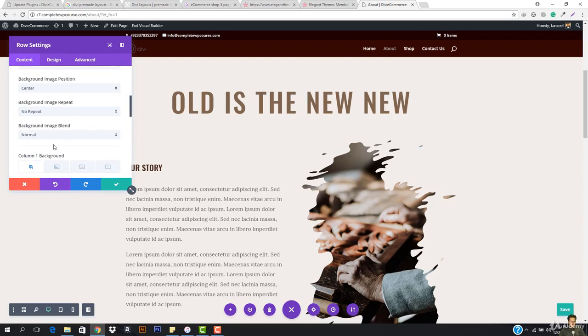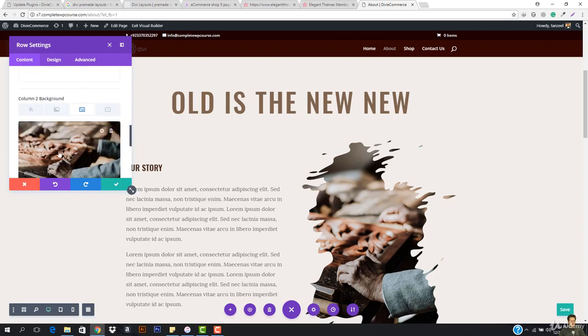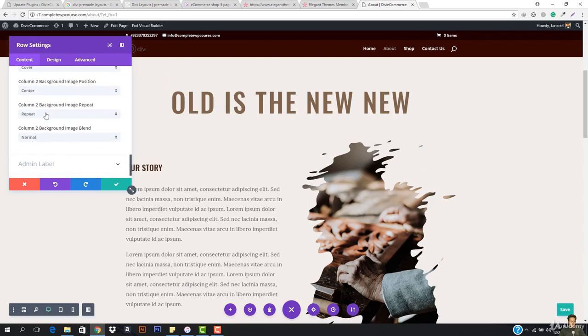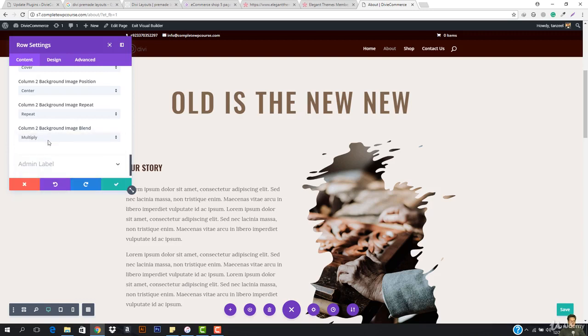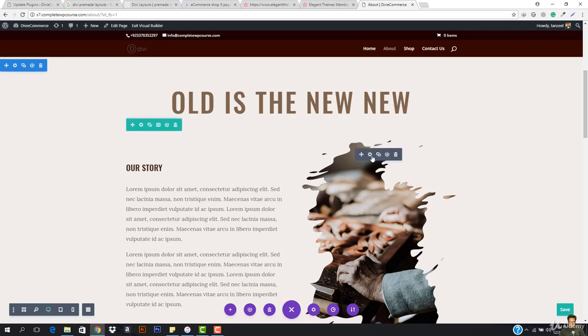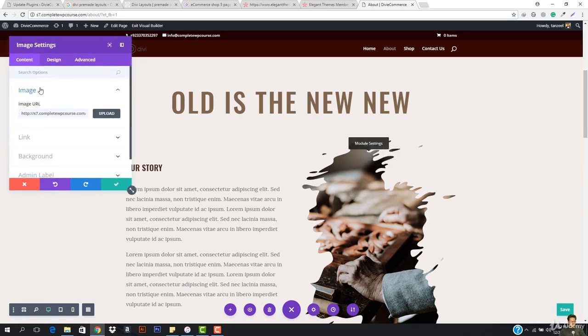It looks like we just have the column 2 background. The column 2 background image repeat is set to repeat X. We can also choose repeat, and you can see the column 2 background image blend can be multiply, or darken or something like that. If I come here and click here, you can see we have a module, and if we go to background,